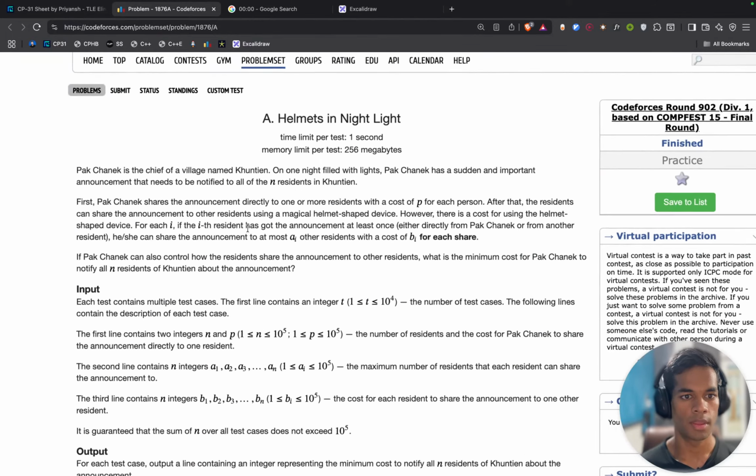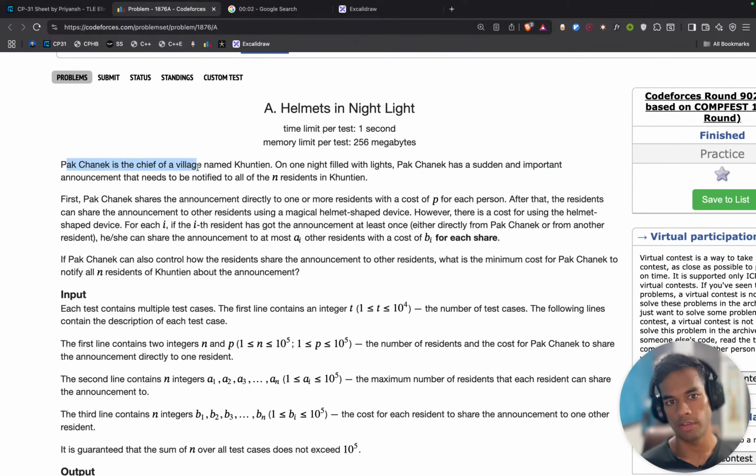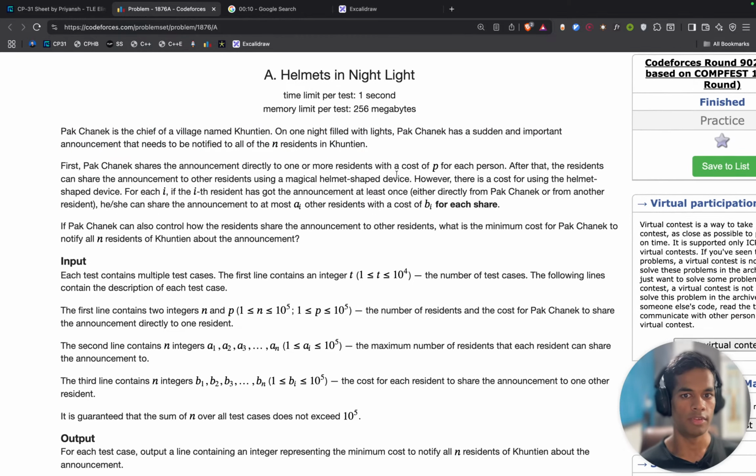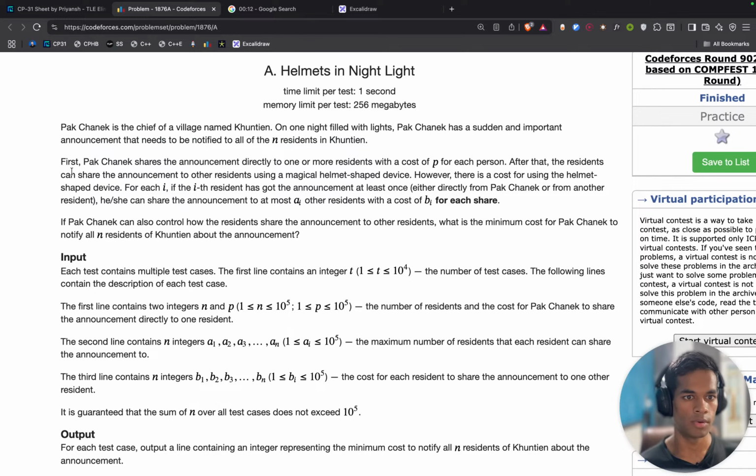Time start. Park Chanik is the chief of a village named Kuntien. On one night filled with lights, Park Chanik has a sudden and important announcement that needs to be notified to all of the residents. First, Park Chanik shares this announcement directly to one or more residents with a cost of P each. After that, the residents can share the announcement to other residents using a magical helmet shaped device.